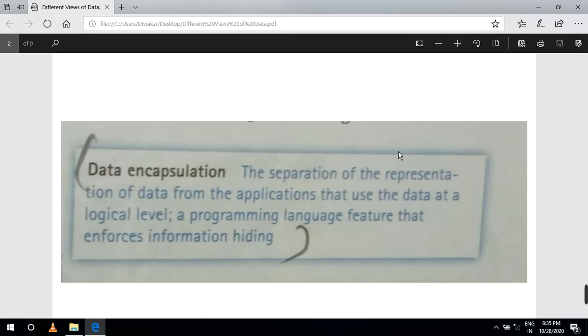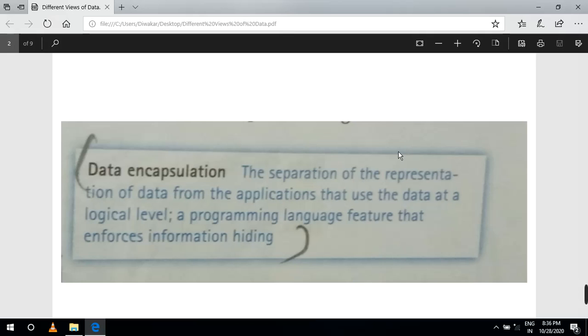For example, when sending data from a client to a server, we are concerned with information hiding for security. This is data encapsulation.